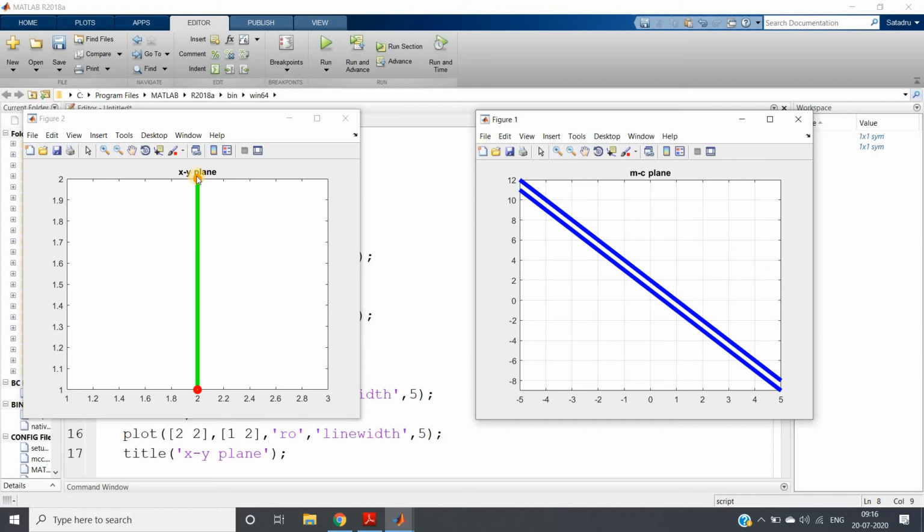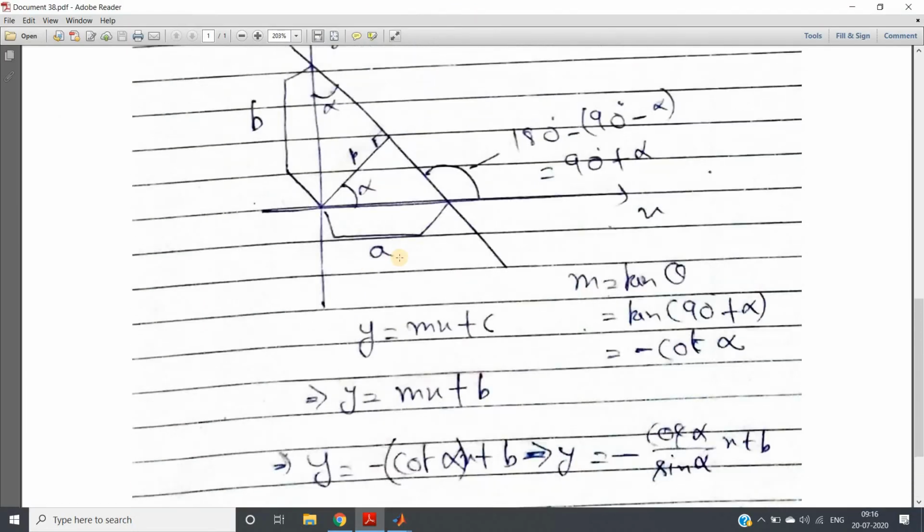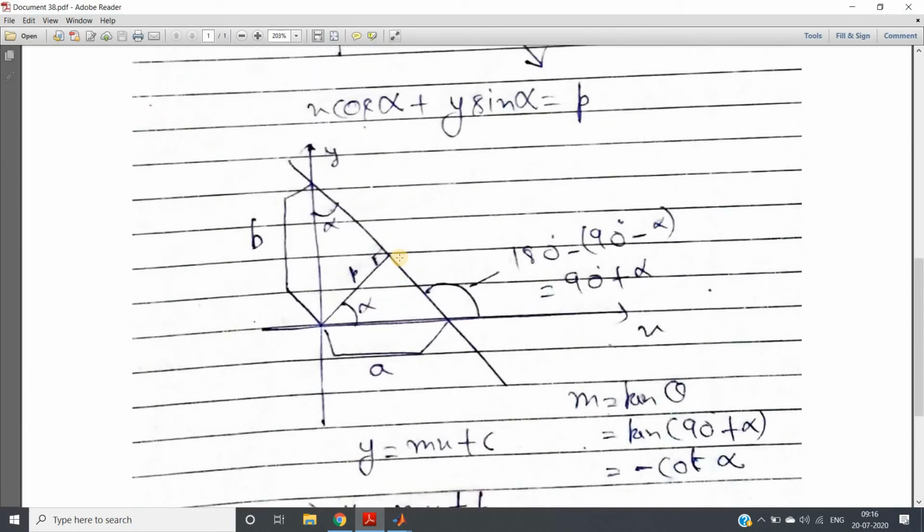Suppose this is one point and this is another point. We can clearly see a line joining these two points, but if you see the same representation in the MC plane, these two lines are parallel, so they will never intersect, and as a result we will not get the M and C values. To sort out this problem, I told you that we can take another parameter space where, for any orientation of our data points, the parameter will never go to infinity.